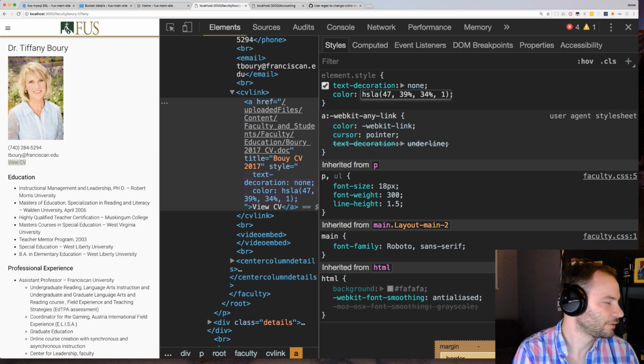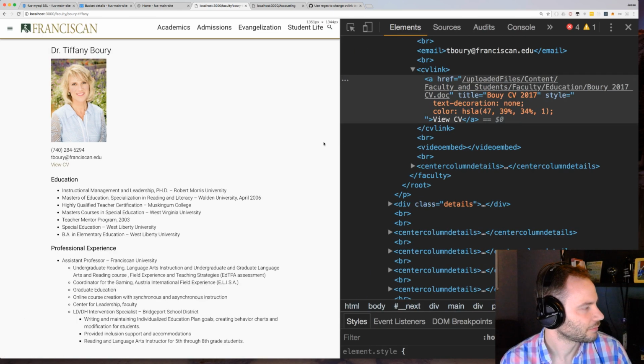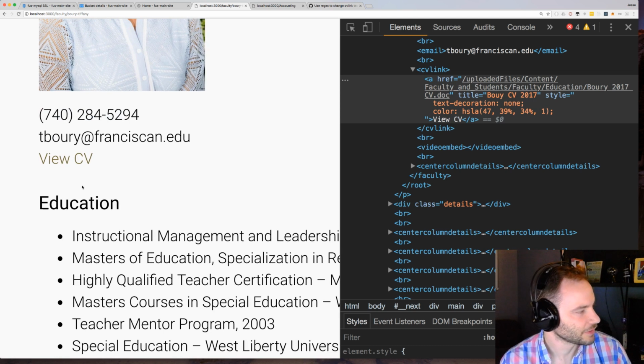Let's do color, HSLA. There we go. So that's much cleaner, I think, to just have it there. Because it's a different color, it may invite users to click. If we wanted it to stand out more, if we thought maybe that was